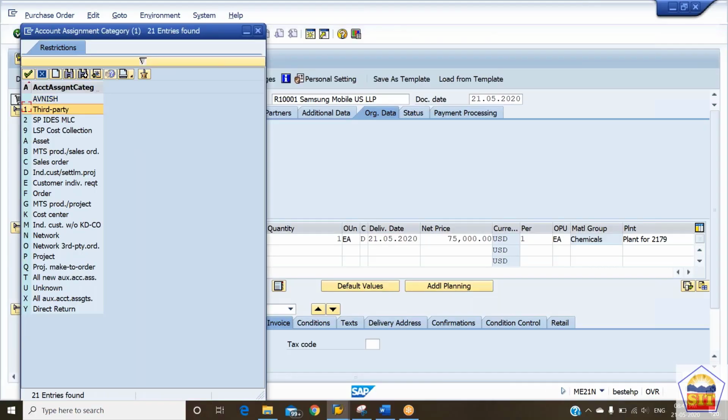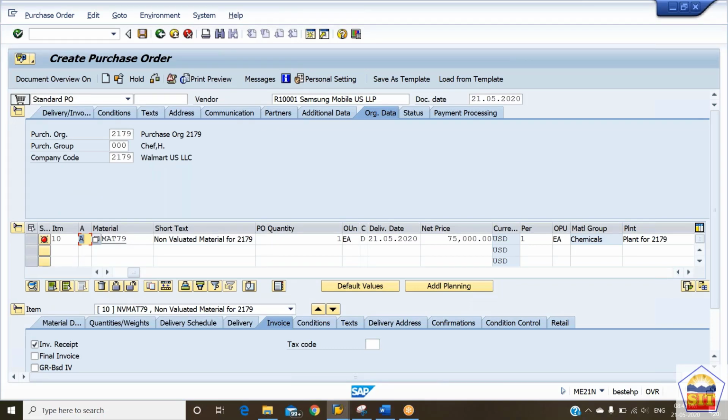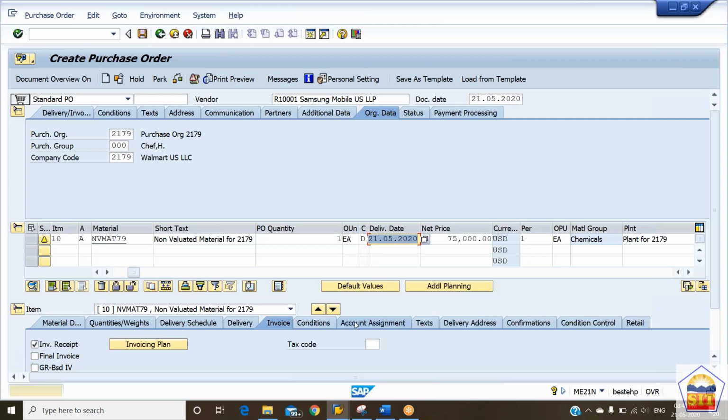Following are the account assignment categories we have been given. Out of this, we can select the account assignment category as A. The moment you press enter for account assignment category A, you will observe that one tab has been inserted by the system, with the name account assignment.